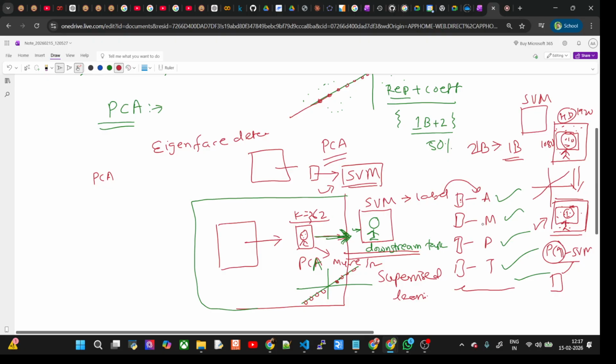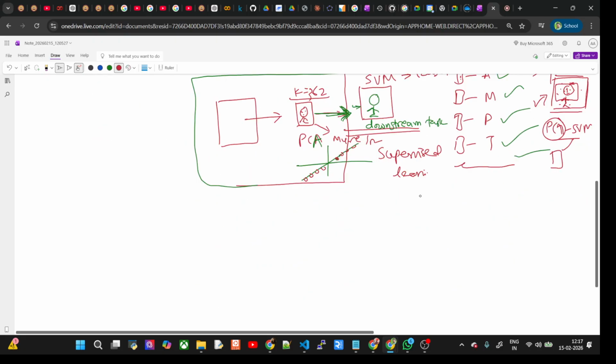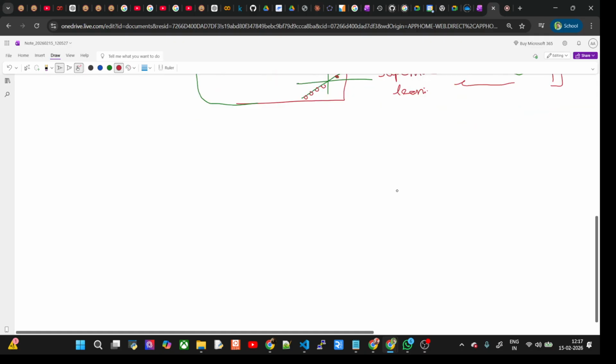In the future, when week 2 is over, week 3 and week 4 start, classifiers start, and all things will start. But you just need to remember that PCA output will go to some other algorithm which uses the PCA output and does some kind of classification. Okay, so what in this case, what we did yesterday also,